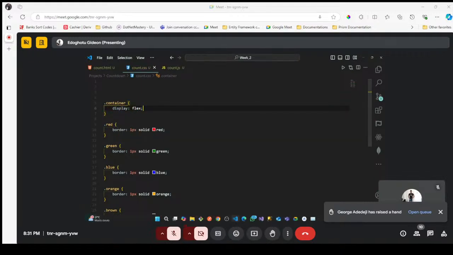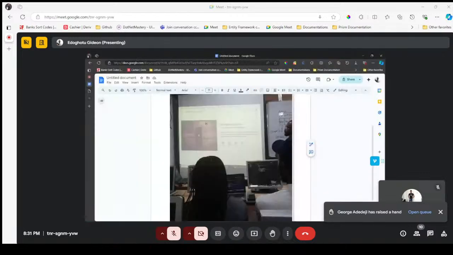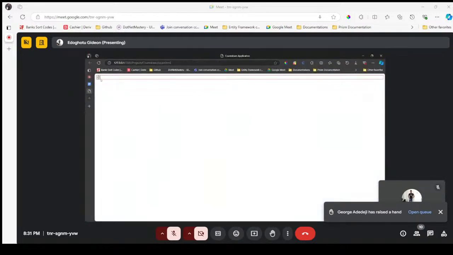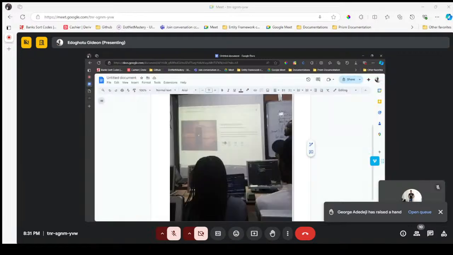All right, so let's see our UI. You see, we have 1, 2, 1, 2. It now starts horizontally. But then, looking at our image, we are saying that,